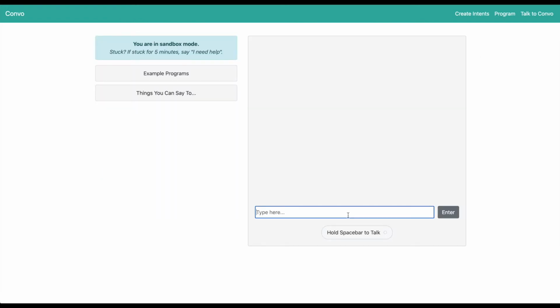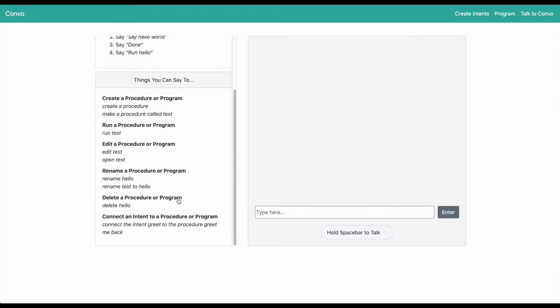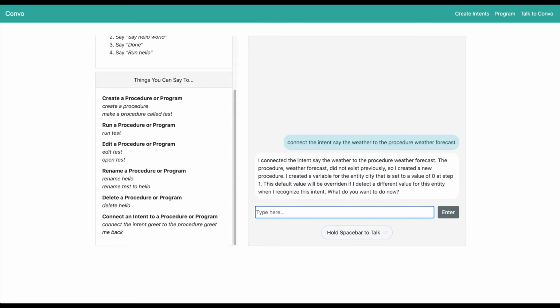Just like we did for the intents hello and goodbye, we are also going to create a procedure that will run when the intent say the weather is recognized. Last time, we used the command create a procedure to create a new procedure. But something that we can actually do as a little shortcut is directly connect our intent, say the weather, to the procedure weather forecast. With this command, Convo is smart enough to know to first create a new procedure weather